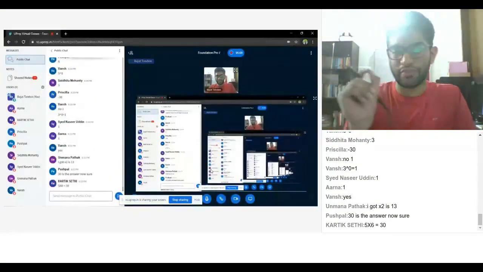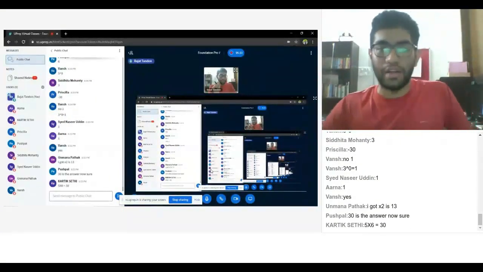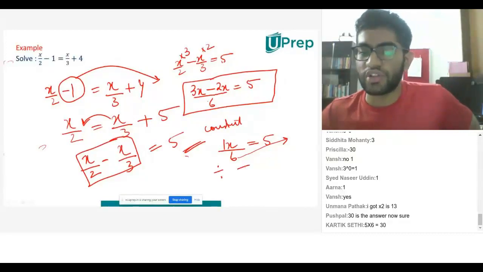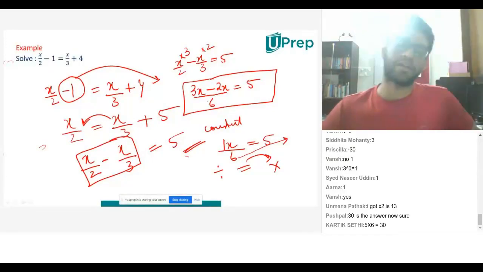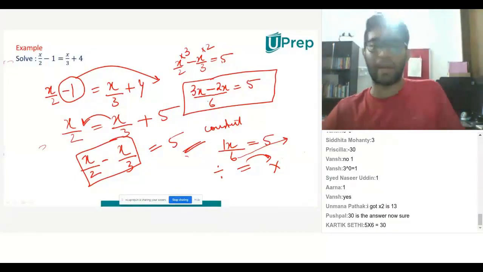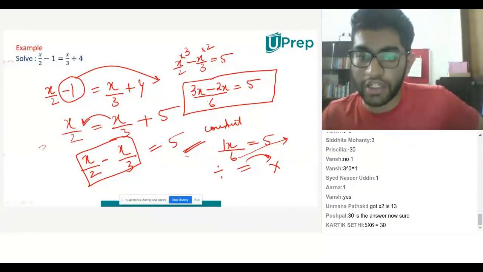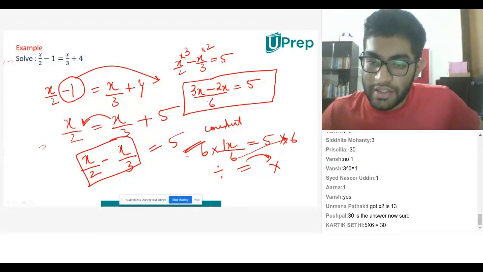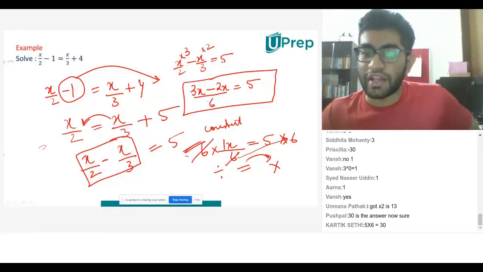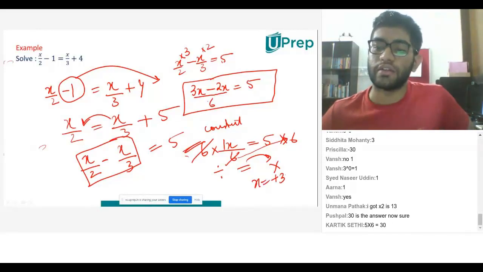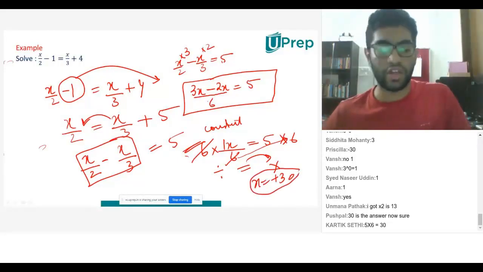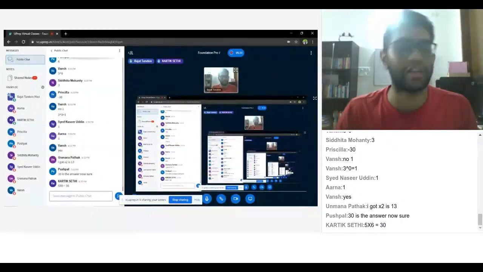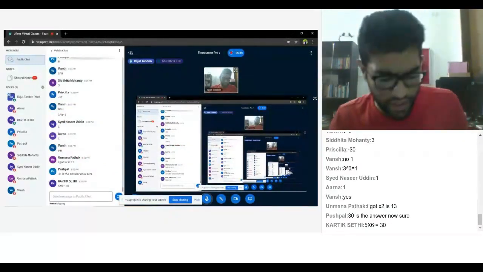I guess you have realized the small mistakes you made. It is dividing over here. What did I tell? If it goes on the other side, it will multiply. I told you the reason also why that happens. Or if I have to look at it that way, if I multiply by 6 on both sides, 6 cancels with 6, x equal to plus 30. Does it make complete sense now in multiple methods? Did you figure out where the problem was? Was it a difficult problem?